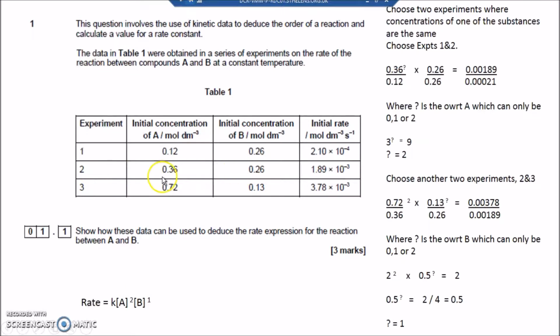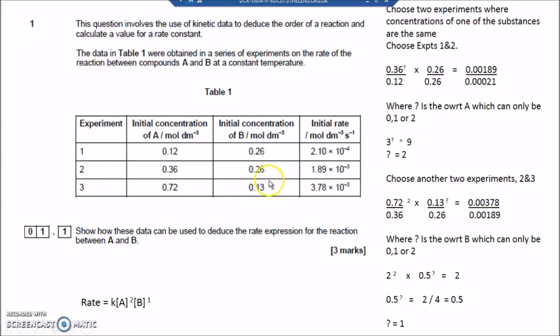Next, I'm going to have to choose the other two experiments to be able to work out the order with respect to B. We've got spoilers. I'm telling you it's a 1, so let's see if we can work out why it's a 1. In these two experiments, I've not got any concentrations the same in either experiment 2 or 3. But it's not so bad this time because I've already got some information from my first calculation. My next two experiments: the concentration of A in experiment 3, divided by the concentration of A in experiment 2, 0.72 divided by 0.36, raised to the power 2, and I know that's a 2 because it's a 2 here,